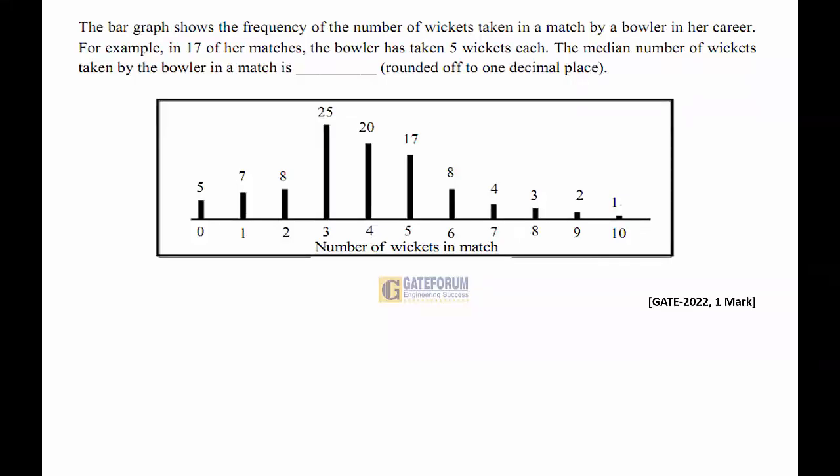The bar graph shows the frequency of the number of wickets taken in a match by a bowler in her career. For example, in 17 of her matches, the bowler has taken 5 wickets each. The median number of wickets taken by the bowler in a match is. So this is a question from engineering mathematics, from the topic probability and statistics, related to the subtopic median. So the solution is